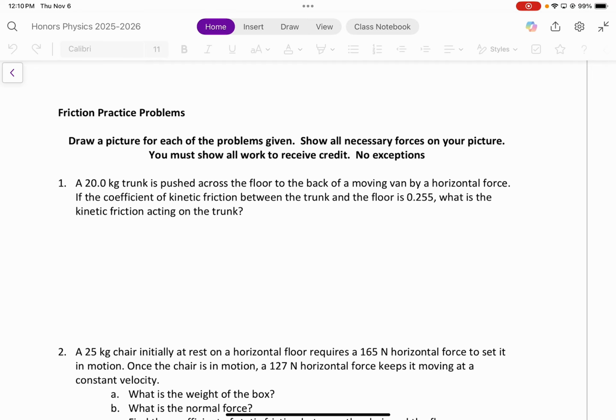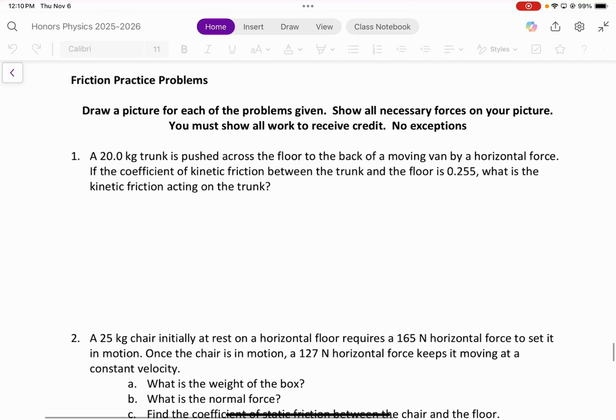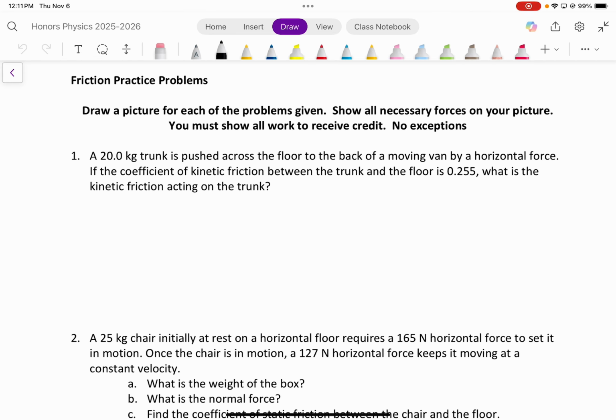All right, so top of page 17, we have a 20 kilogram trunk pushed across the floor to the back of a moving van by a horizontal force. If the coefficient of kinetic friction between the trunk and the floor is 0.255, what is the kinetic friction acting on the trunk? So first thing we always need to do with these problems is we always need to draw